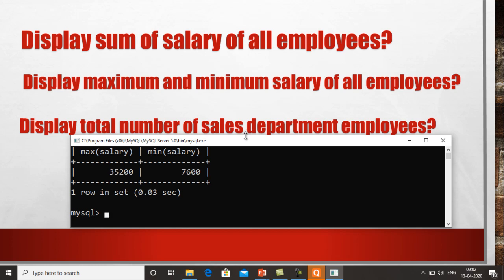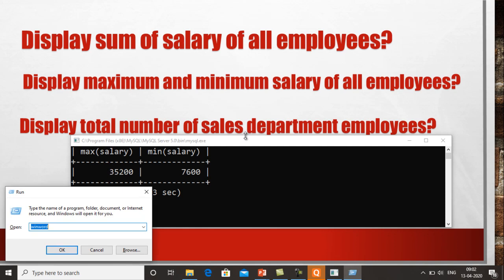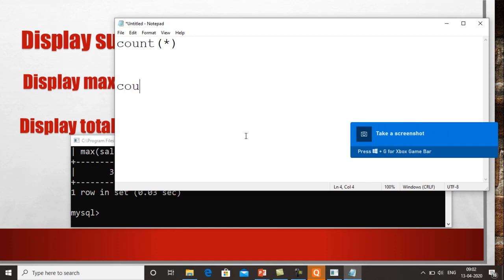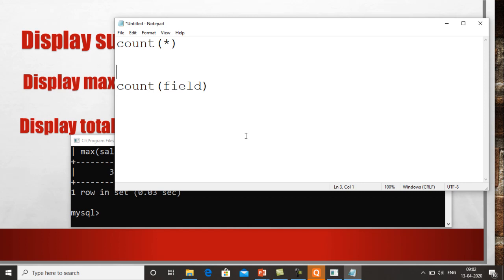Because for that we have a function named count. In the count function, I have shown you two things. First is written like count, and within the bracket we put star, and the other one is count, within the bracket we put field name. So what is the difference between these two? The difference is that this function counts the number of records